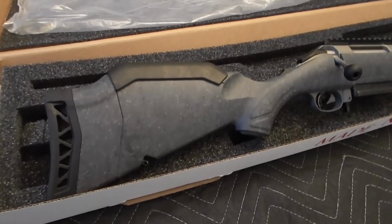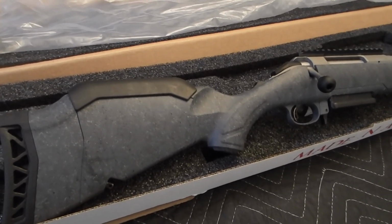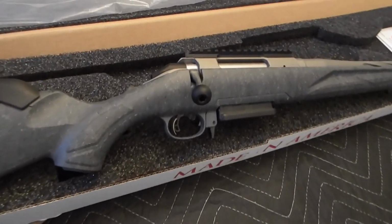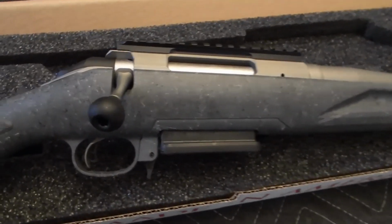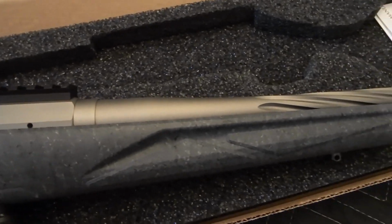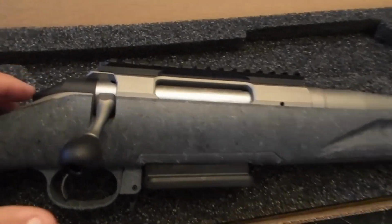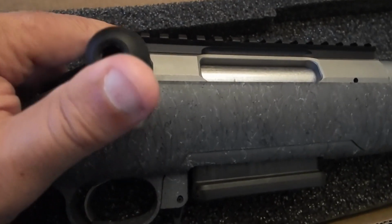I found a pretty good use for that padlock they give you with each of these guns. I have the rifle propped up on it, so it's kind of sitting at a 45-degree angle where you can get a better view of it. I was just looking, when I put the bolt in, I was looking at the throw on this. I haven't read what it is, but it is a short throw, and I'm thinking it's 45 degrees, because